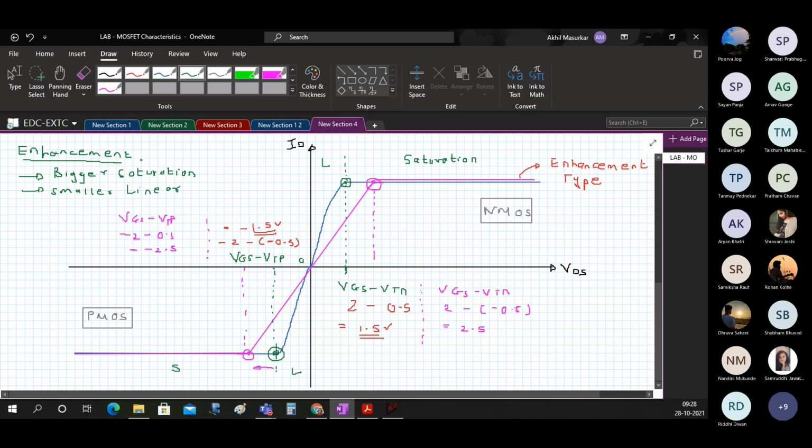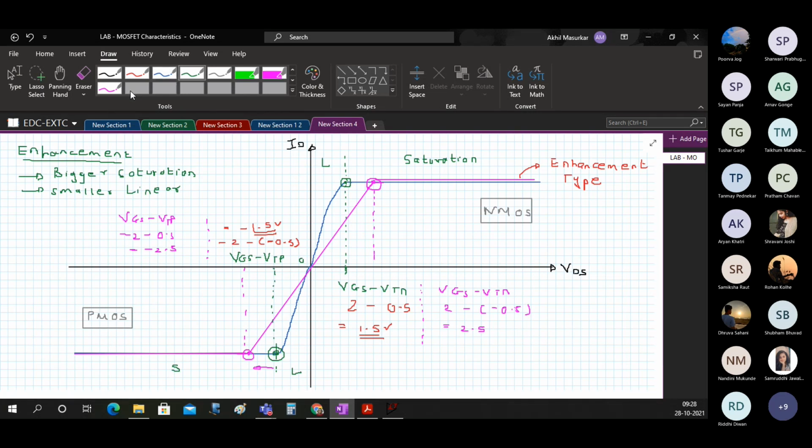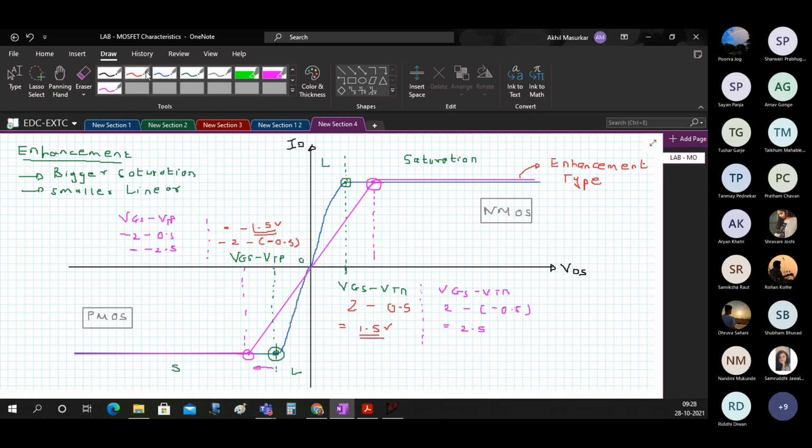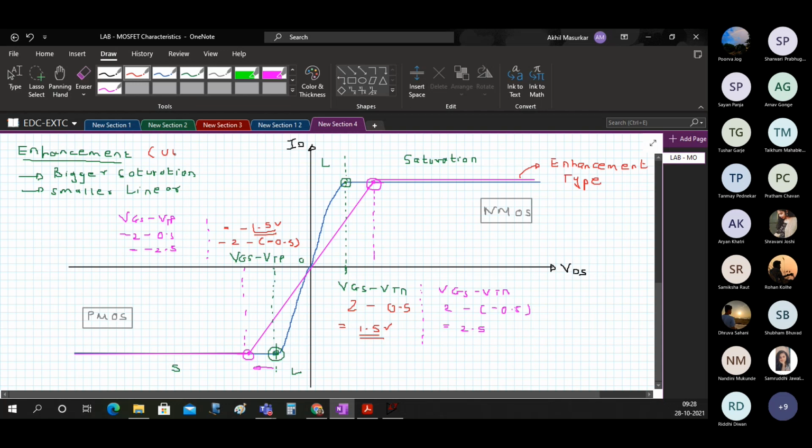So generally the Q point is in the saturation region, and in amplification it is better to have big saturation region. So that is why most of the times enhancement type transistors are used in amplifiers.